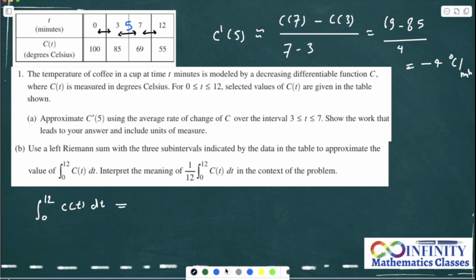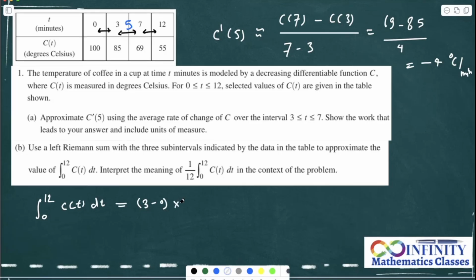For every interval like 0 to 3, what is the length of the interval? Multiply the value of the function. The function is C(t) for you. And because it is left Riemann sum, I'm going to multiply by the left-hand side value. First value is going to be multiplied by 100 for the first interval. For the first interval, I'm choosing 100. This is the left value out of these two,